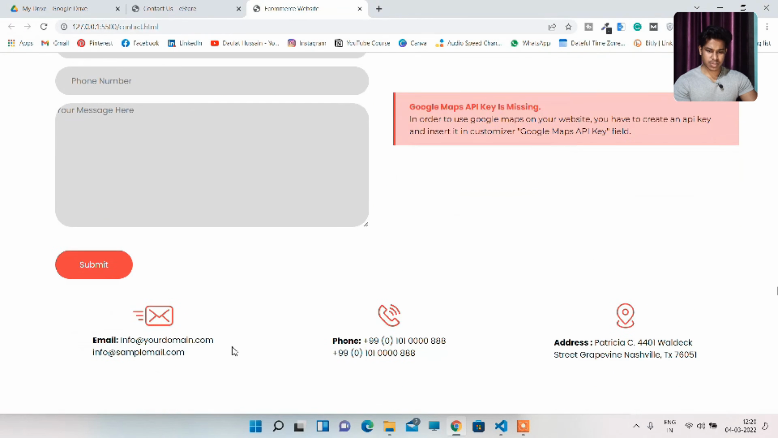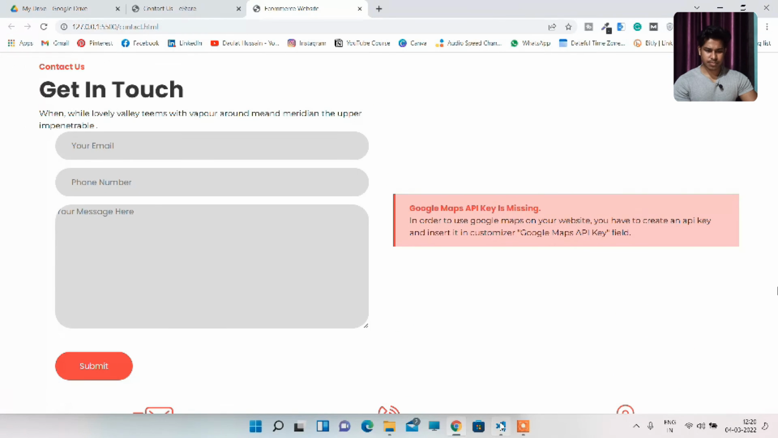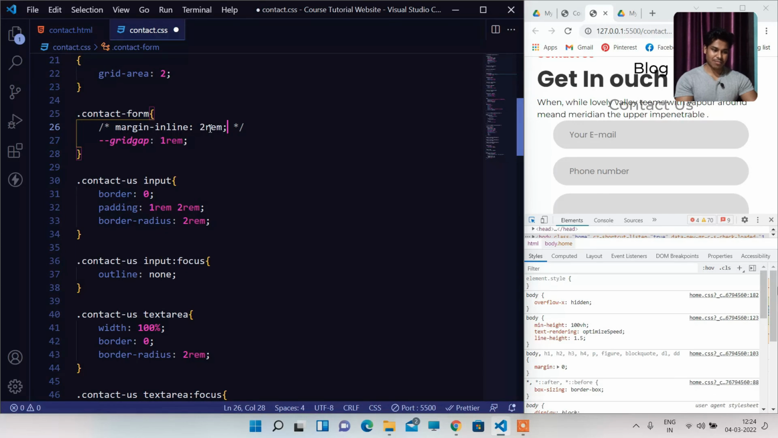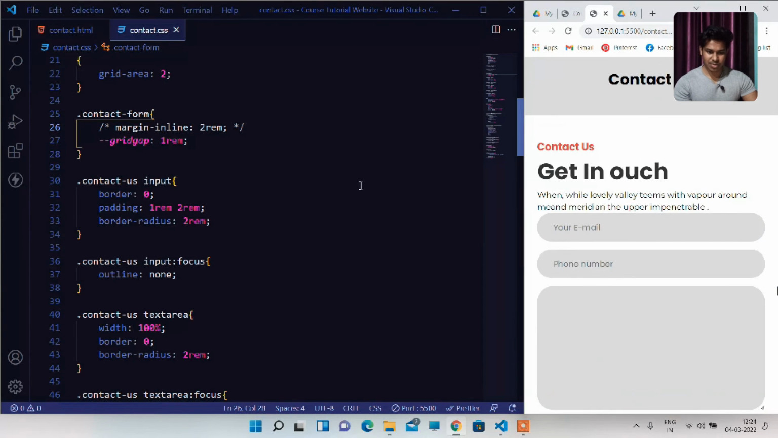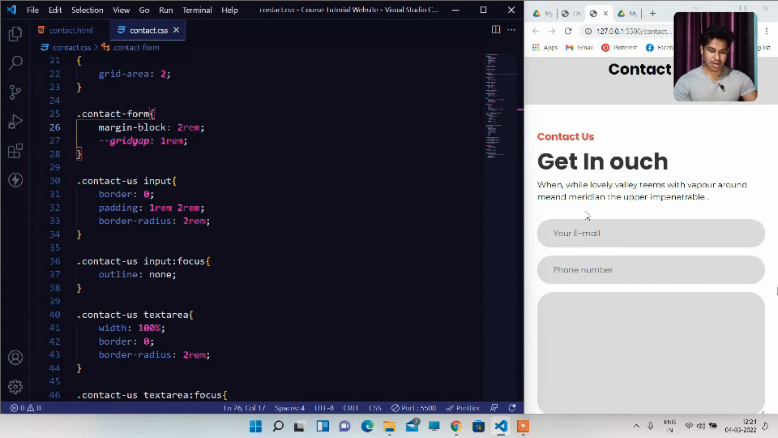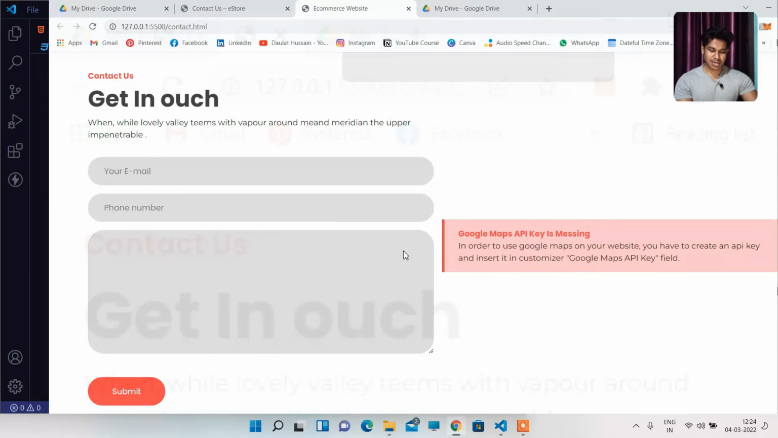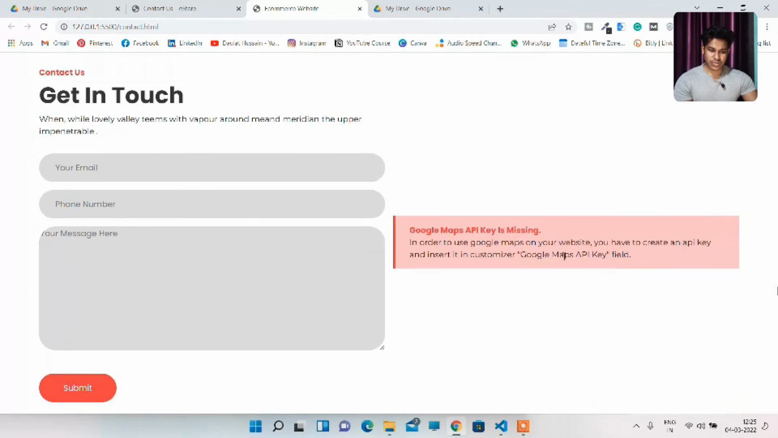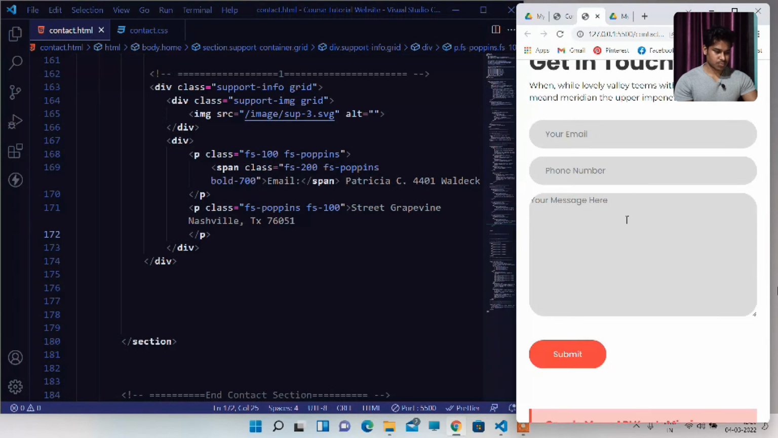But now we have to fix this one. I was stuck for half an hour, and finally I have found the problem. Here I have provided margin inline. As you can see, this one is going to be margin block, not inline. I provided margin inline, that's why it was getting margin from left and right. So this is how it's looking on desktop. As you can see, everything's looking fine. So it's 100% responsive. It's looking great on a tablet and